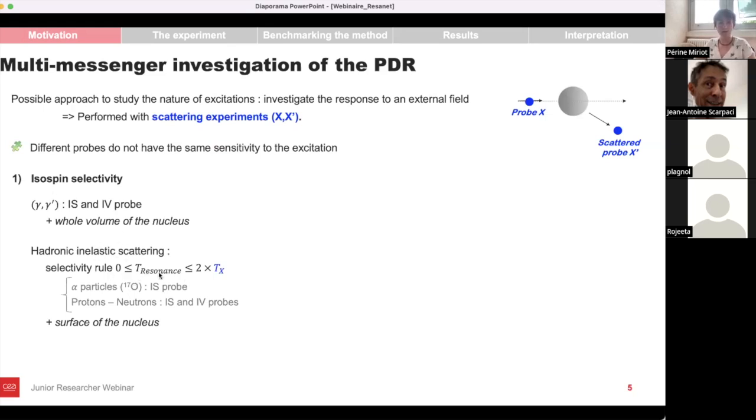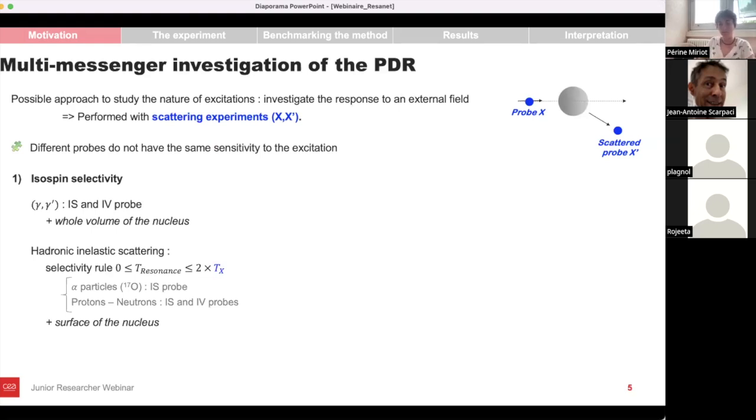And the selectivity rule is written here. So you see with this rule that if we use probes with an isospin equal to 0, like the alpha particle, we can only be sensitive to isoscalar modes. And for instance, protons and neutrons with a spin 1/2 are sensitive to both isoscalar and isovector states. So with this first difference in the sensitivity of the probe, we can extract complementary information